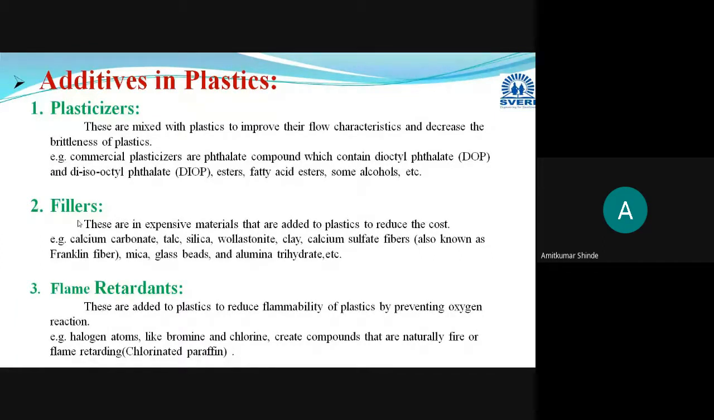Now, these fillers are added just to reduce the cost of the plastic materials. Different examples of filler materials are calcium carbonate, talc, silica, wollastonite. If it is not possible to remember all of this, only a few examples are sufficient: calcium carbonate, talc, silica, then wollastonite, then clay,